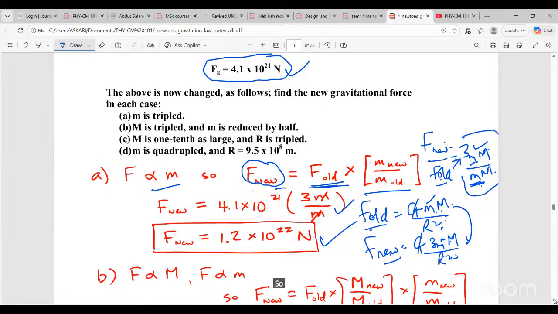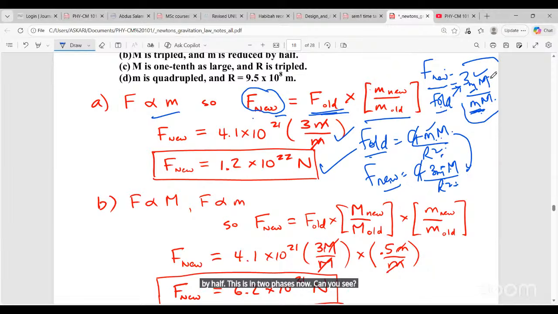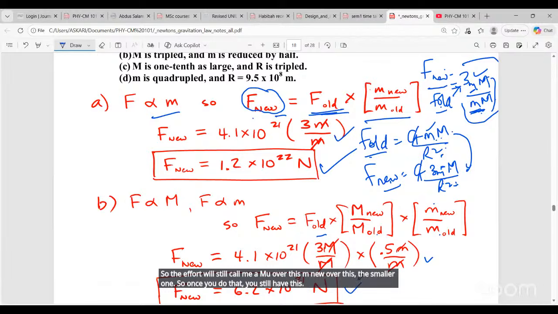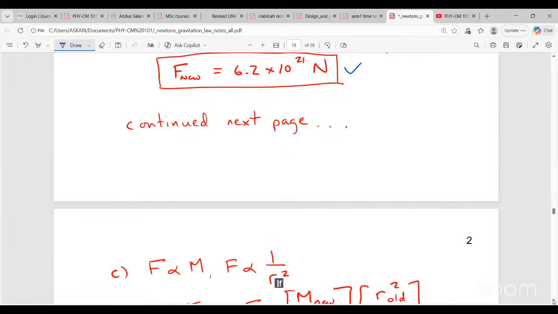So the next one, we are asked to find the capital M. Find the gravitational force if M is tripled and m is reduced by half. This is in two phases now. Can you see? So it's now about these two. The effort will still come here, M new over this, m new over the smaller one. So once you do that, you still have this. So the next question, if M is 1/10 as large,